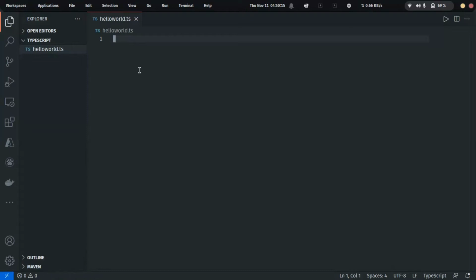So let's just write some basic TypeScript code. I'm going to say let my name equals Cherry. To show that this is TypeScript, let's be much more specific and specify the type of the variable, which will be a string. Okay, so name string equals Cherry. Then